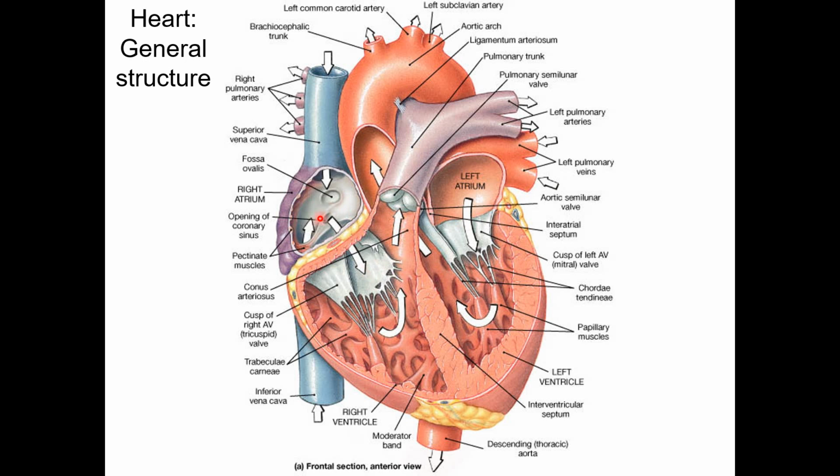At the same time, the right and left side are separated from each other, مفصولة عن بعضها بوجود هذا الشيء اللي احنا نسميه septa. Between the 2 atria, we have the interatrial septum. Between the 2 ventricles, we have the interventricular septum. وهذا كلش مهم because من هسه نتفق انه the right side of the heart, so atrium or ventricle, is always concerned with venous blood. The left side of the heart is concerned with arterial blood.